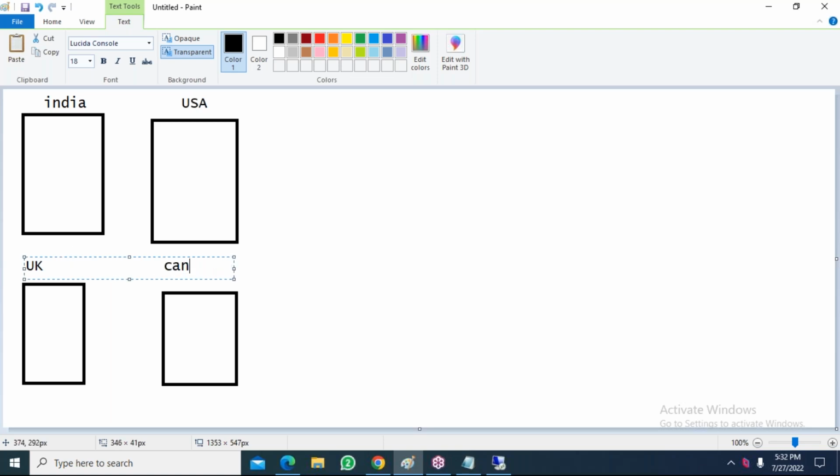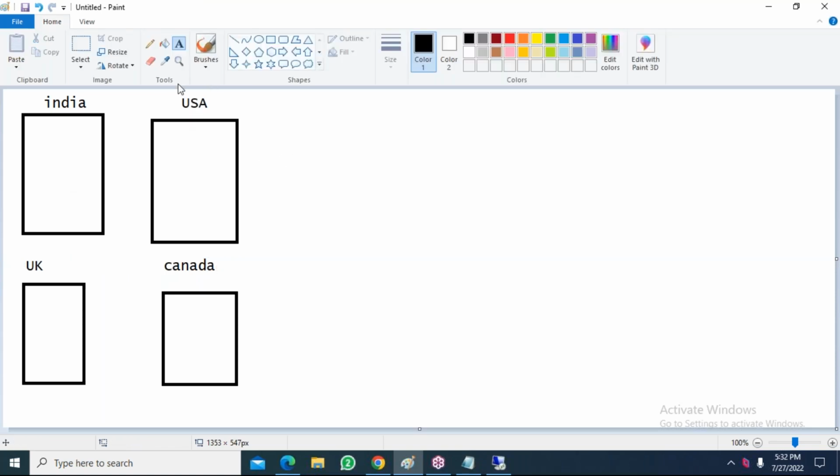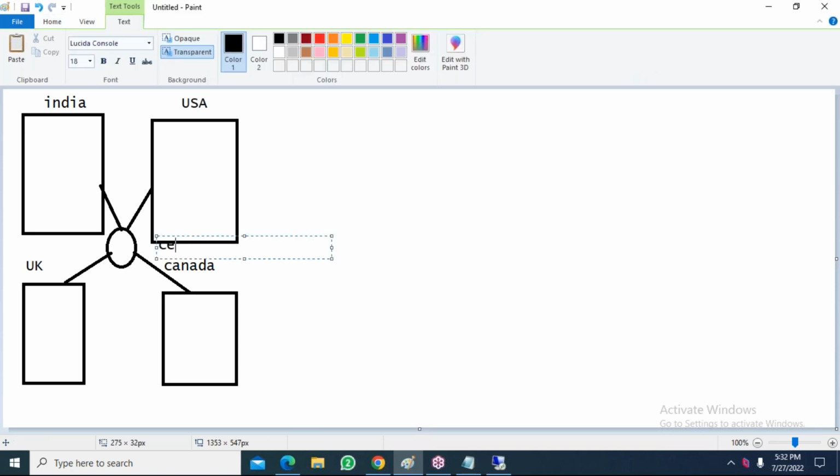Everyone is going to work in their own time zone, and every developer will have some code, right? At the end of the day, every developer's code will be submitted into a centralized server. Assume that this circle is my centralized server. Here are the India developer, USA developer, UK developer, and Canada developer. The code submitted by every developer will be there in